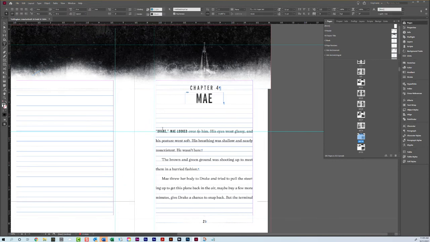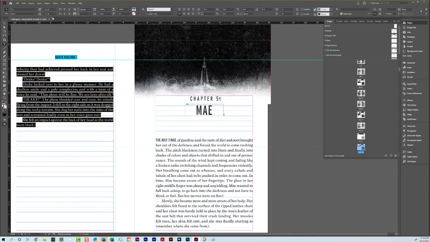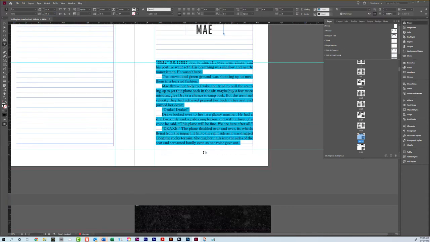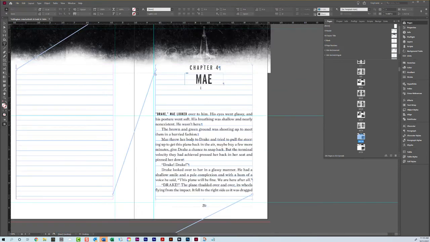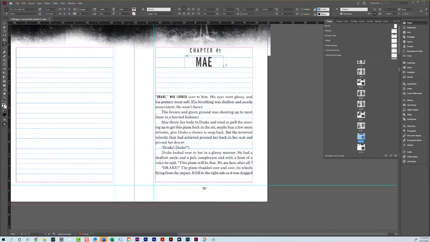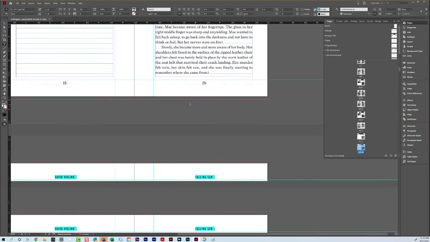Okay, now you might say, oh no, what happened? Well, it's because the line spacing on this is actually set to 15, so we're just going to adjust that down to 14, and that did not correct the problem, so that's not a good way to correct it, so I'm going to undo that, and I'm just going to stick with just this extra line space below our chapter title. All right, so moving on,